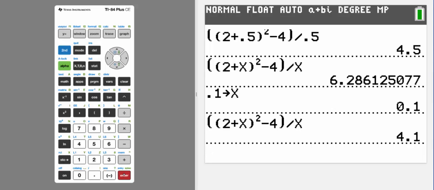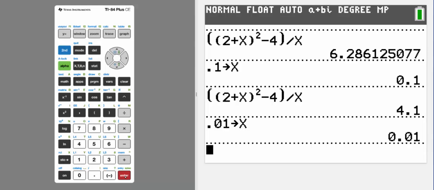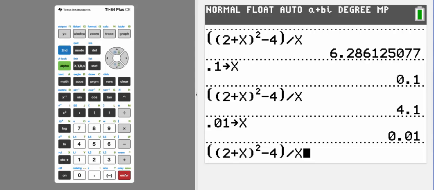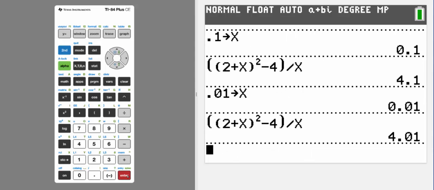Y'all see that? Now I'm gonna make it 0.01. I'm gonna store that in x. Now we got 4.01. So there's an asymptote of 4. Yeah, it looks like it. So look, think about it. We're evaluating this limit, 2 plus h minus 4 all over h, and we're letting h get smaller and smaller and smaller. So let's say